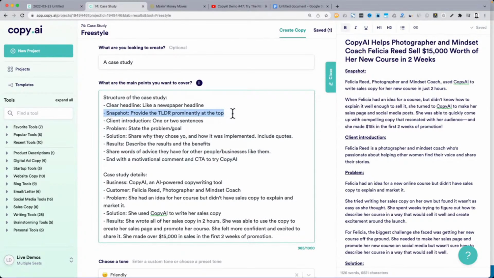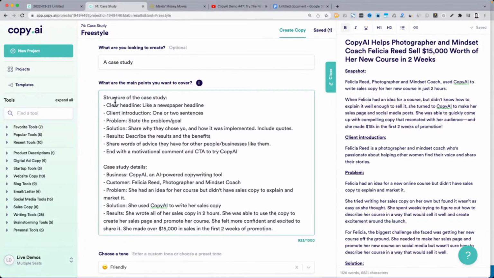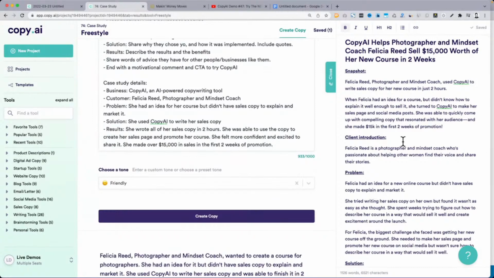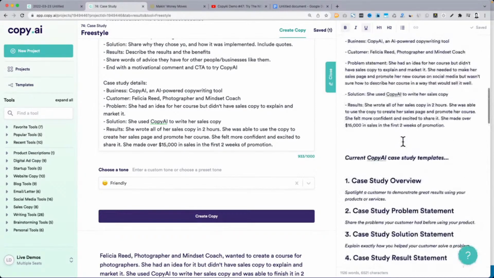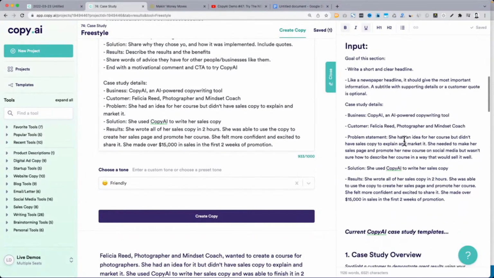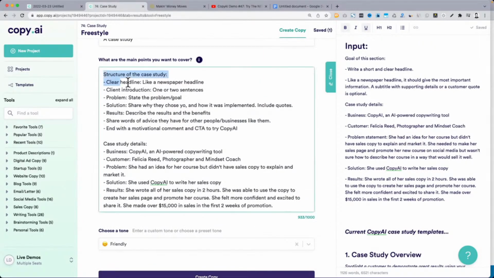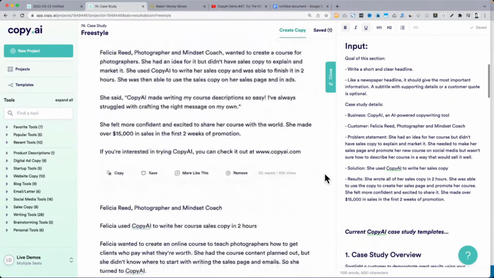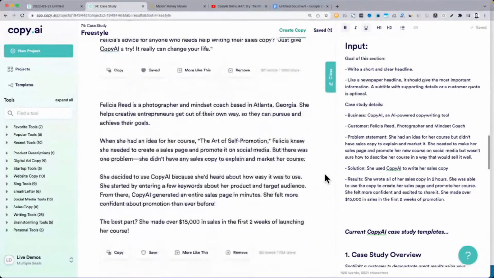I think I would probably remove provide this at the top. I think that's confusing it a bit. Clear headline, introduction. So I may just take that out. I think that might be confusing it. And then I can give it a little bit more details that we had written up here. So in this situation, if you want to have a similar structure for all of your testimonial or case studies,